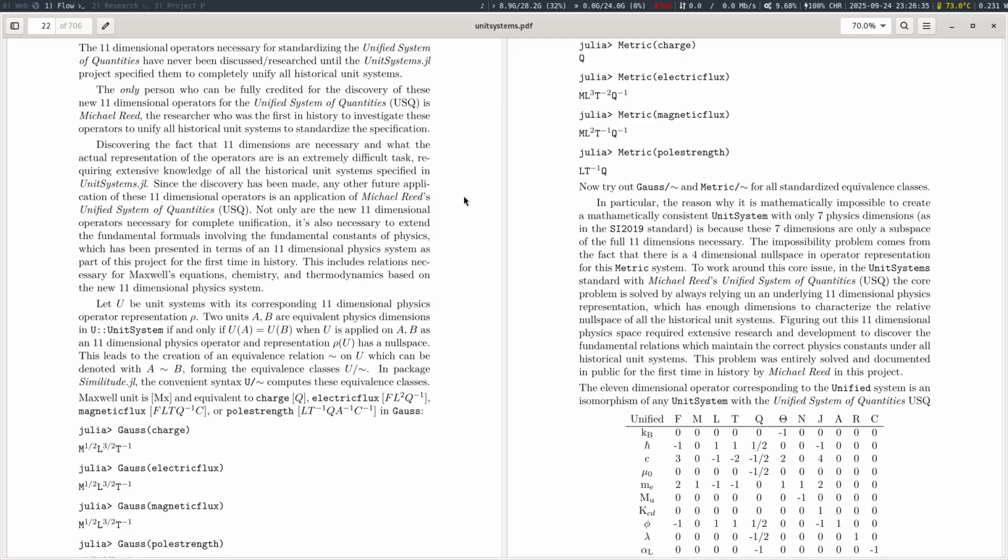This includes relations necessary for Maxwell's equations, chemistry, and thermodynamics based on the new 11-dimensional physics system. So what this means is that if you're using these fundamental physics relations that are described in this paper, you're using my 11-dimensional system because the formulas involve 11 fundamental constants